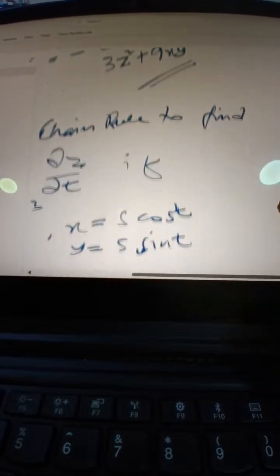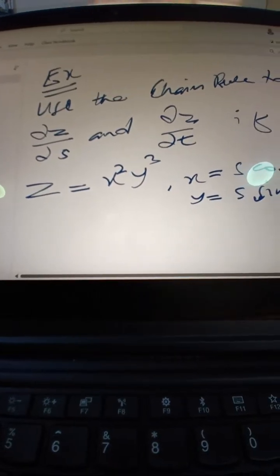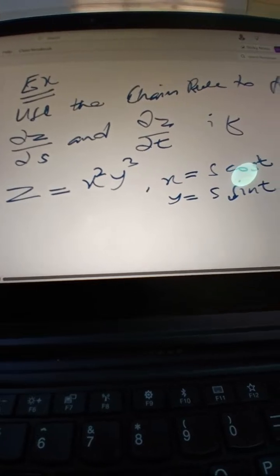Now we want to look at this assignment. We are saying that we use the chain rule to find